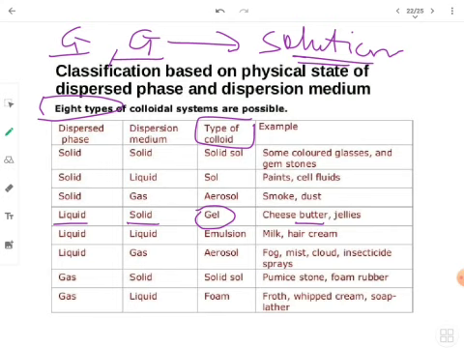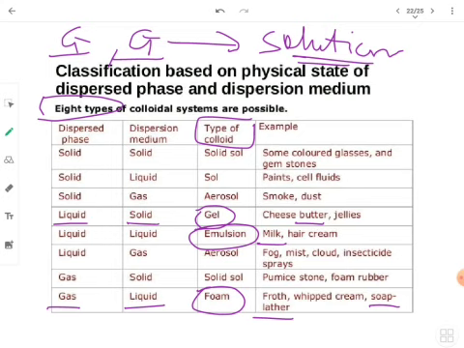If you talk about milk, it is an emulsion type of colloid, in that both the milk and the fats and proteins, all of them are in the liquid phase or in the liquid state. So if I talk about the dispersed phase as the gas and dispersion medium as liquid, then that type of colloid is known as a foam. For example, if you talk about the soap lather that is formed, the gas air bubbles are formed into that liquid soap solution, so that is an example of a colloid.